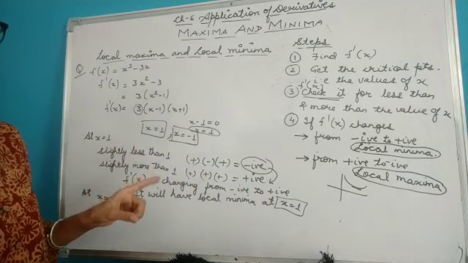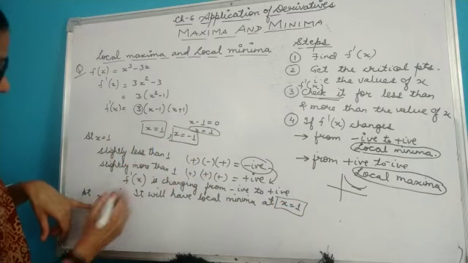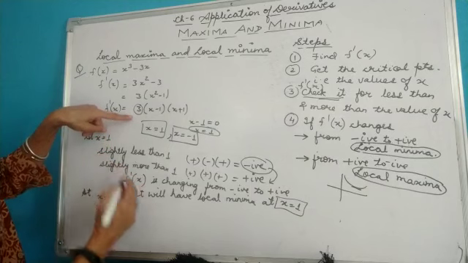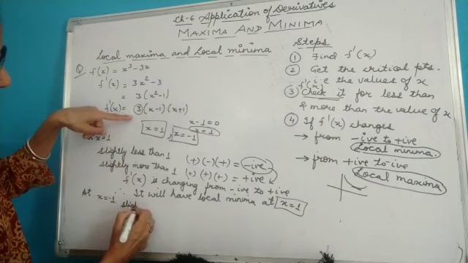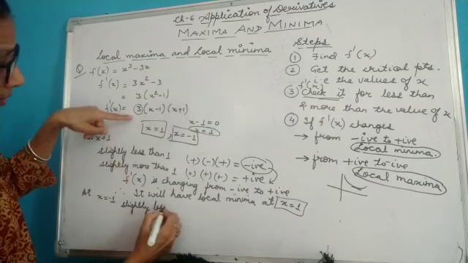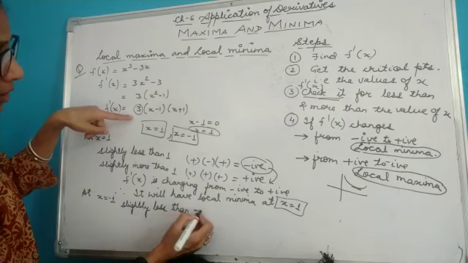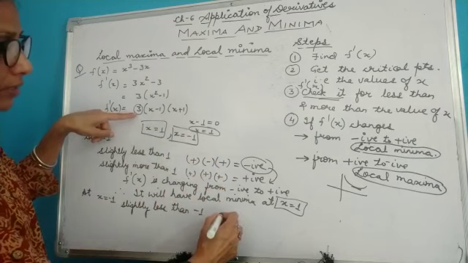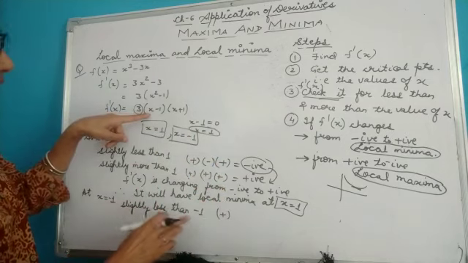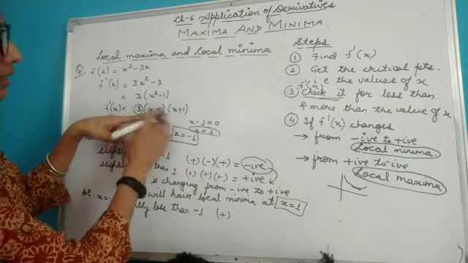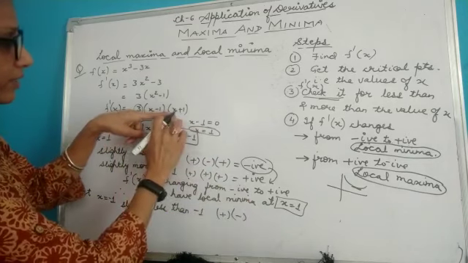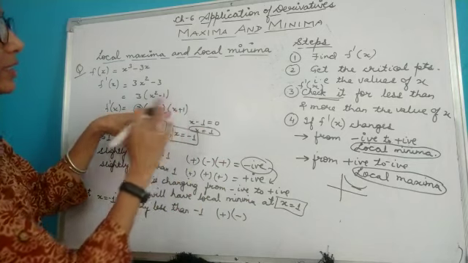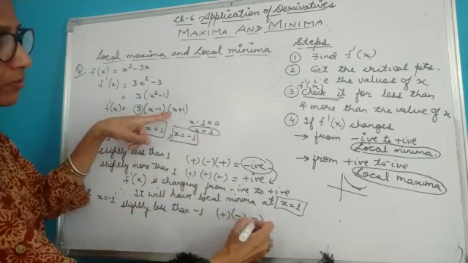I have to check it for all the values of x. So here it is x equal to minus 1. Let's check your f dash x. When I am taking slightly less than minus 1, you take any value less than minus 1 over here. This positive value will remain positive. If I take less than minus 1 here, then it will be your negative term. And if I take, suppose, minus 2, it will become negative. So it will be a negative.